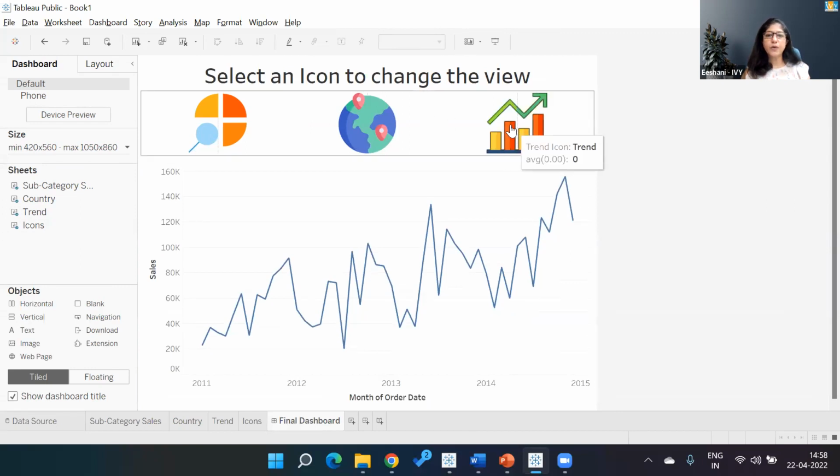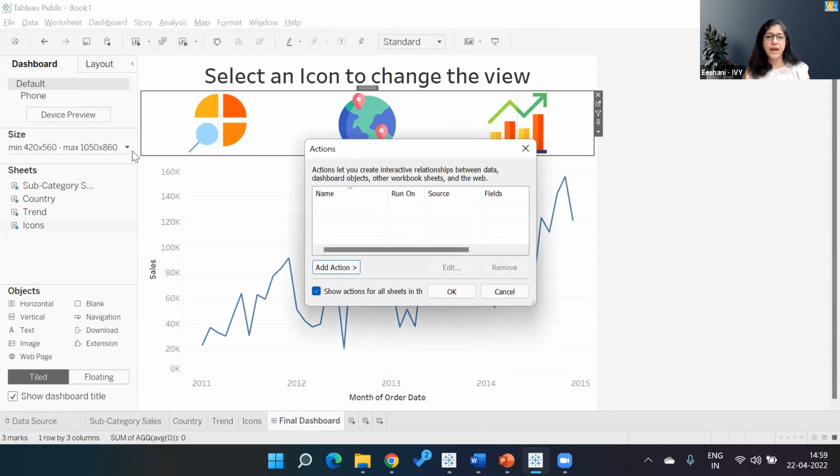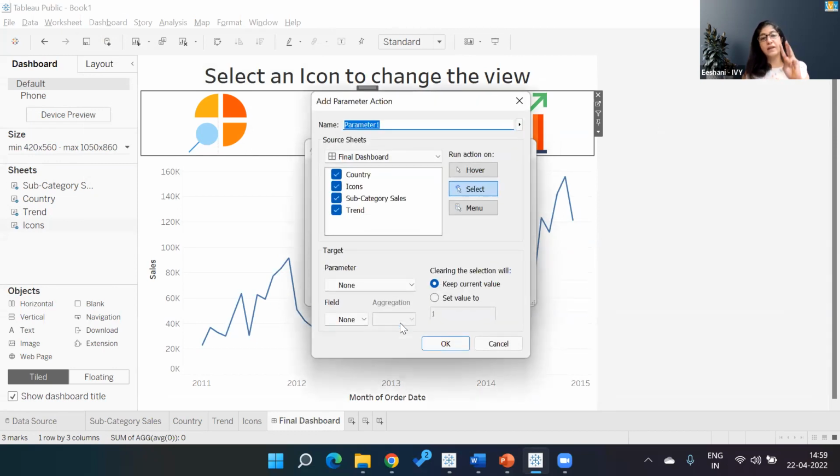Now you will see that if you click on any icon, nothing is going to happen. No changes happening. Why? Because we have not set any actions on the parameters. So for this, we go to the dashboard, we go to the actions, and we go to add actions, go to change parameters. In change parameters, we'll have to set 3 because there are 3 parameters that we are working with. So I can call it like a subcategory icon parameter, and